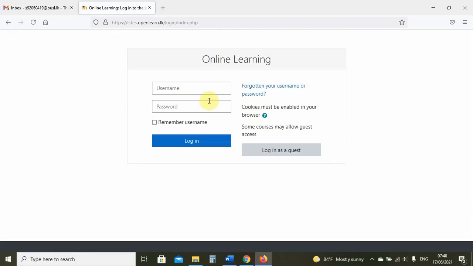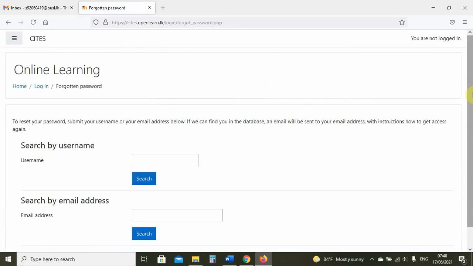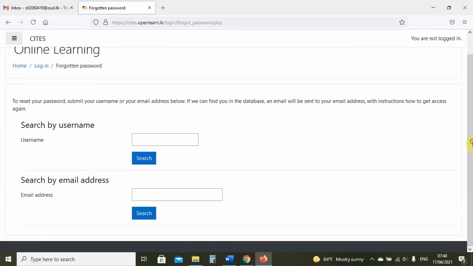So if you have forgotten your password, you can click on forgotten your username or password here. And you can search by username, or you can search by the email address that is associated with your LMS account.